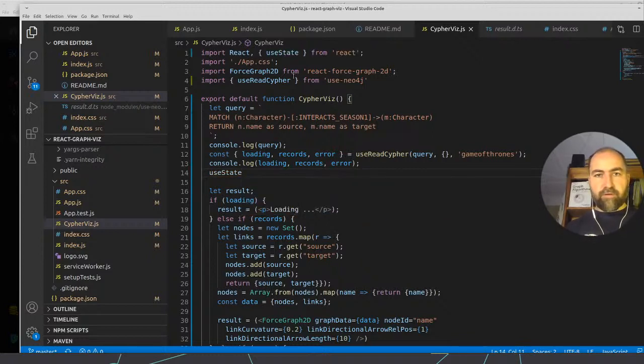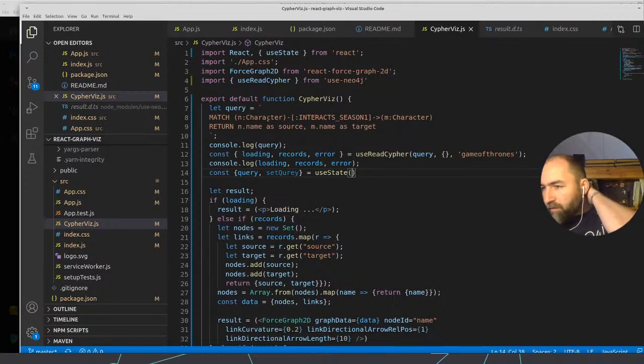So, use state, import use state from React, cool. And we want to have let or const query, set query is equal to use state of, what's the thing, our default query, and then we call set query in there.